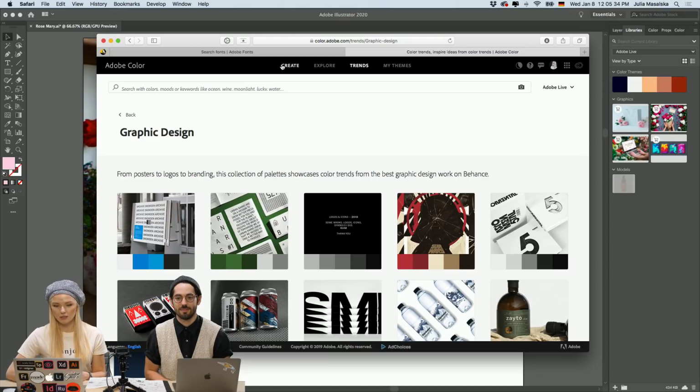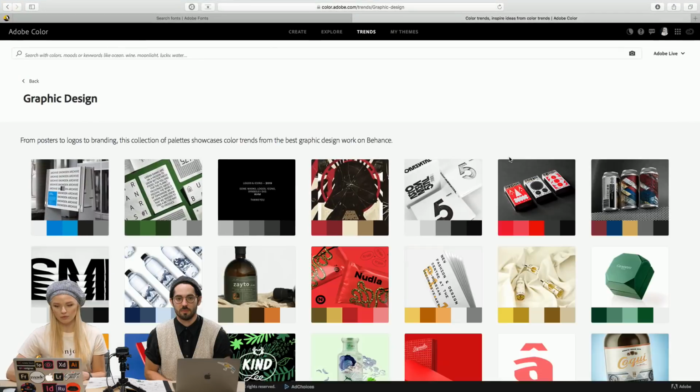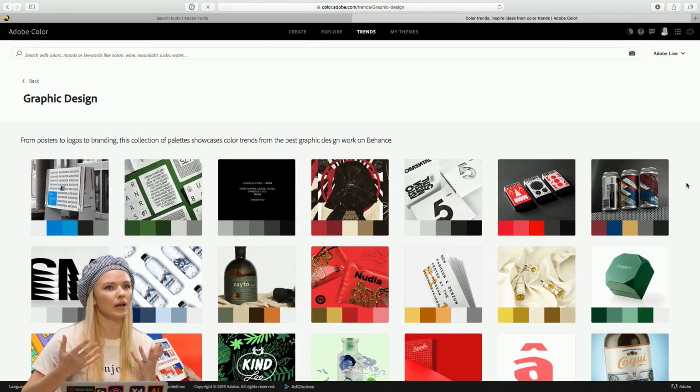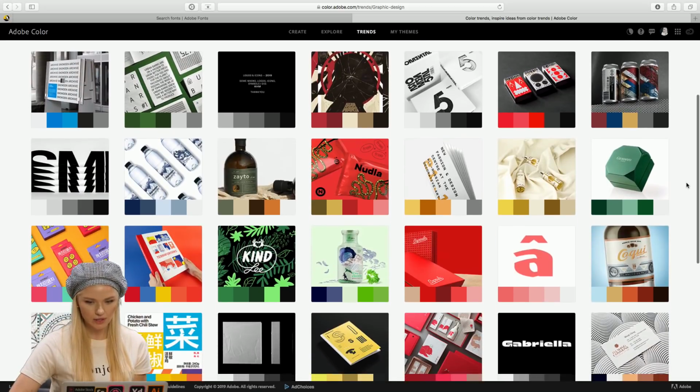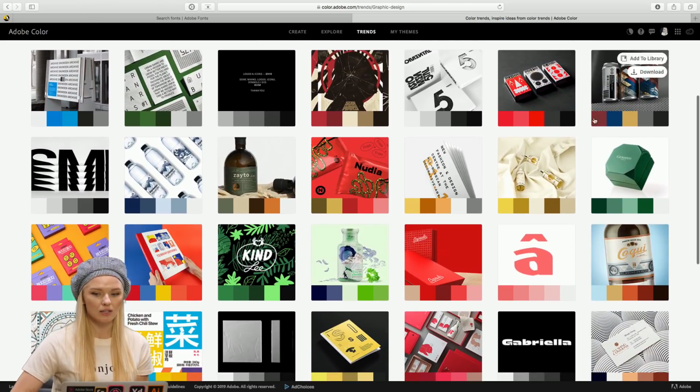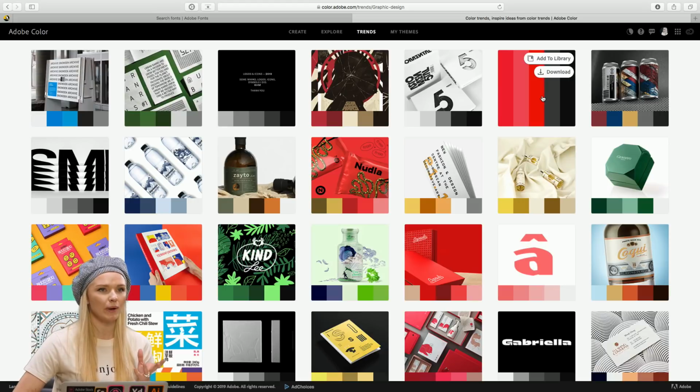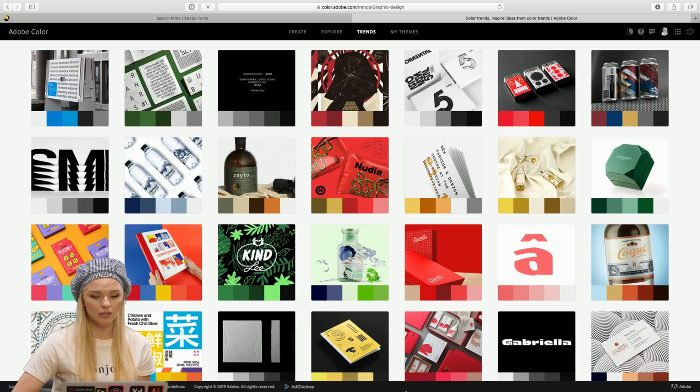I like to look at this site because you'll really see different color palettes that you might not have thought of. It's very easy to add these color palettes to your library by just clicking Add to Library, and then you will see them right in your Illustrator.